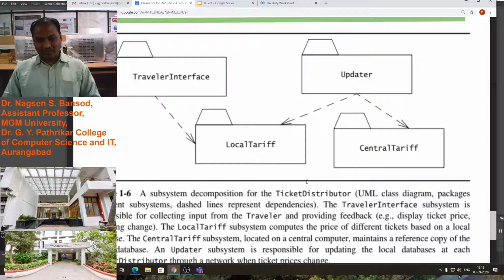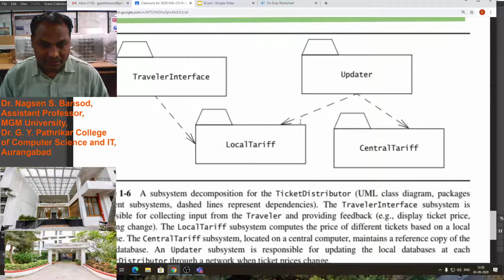The central tariff subsystem is located on the central computer and maintains a reference copy of the tariff database. An updater subsystem is responsible for updating the local database at each ticket distributor through a network when a ticket price is changed. This is a subsystem,